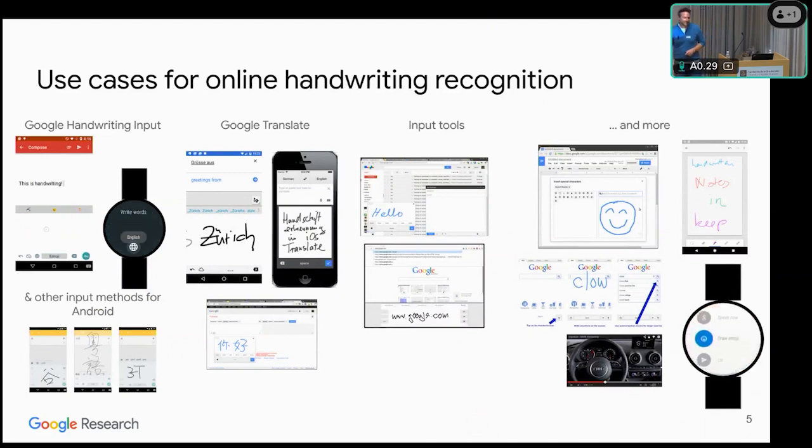If you're trying to input something on a watch, the keyboard is obviously impractical, and it's much more natural to just jot things down on the watch. Other examples are Keep, note-taking, and Google Translate. In particular, some scripts and languages are less convenient to use with a keyboard and much more convenient to just write down the characters.